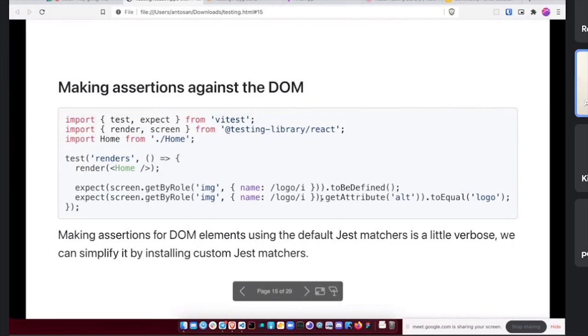But as you can see, making assertions against the DOM using the Jest matchers, like toBeDefined and toEqual, is a little verbose, and you end up writing a lot of code. But there's a library out there that has made some custom matchers, which you can use to extend the Jest matchers, that make it easy to test